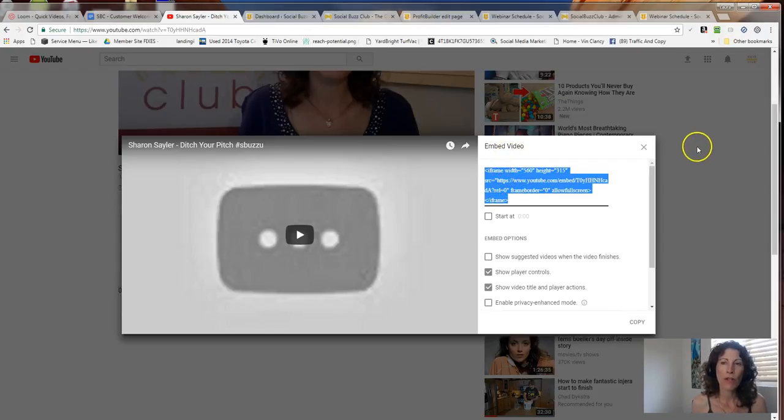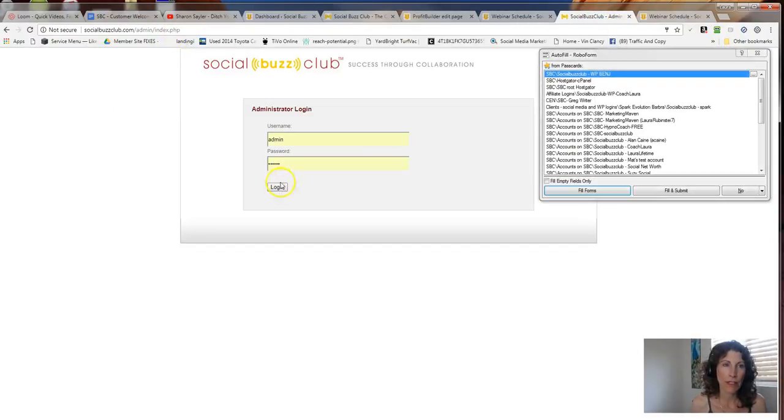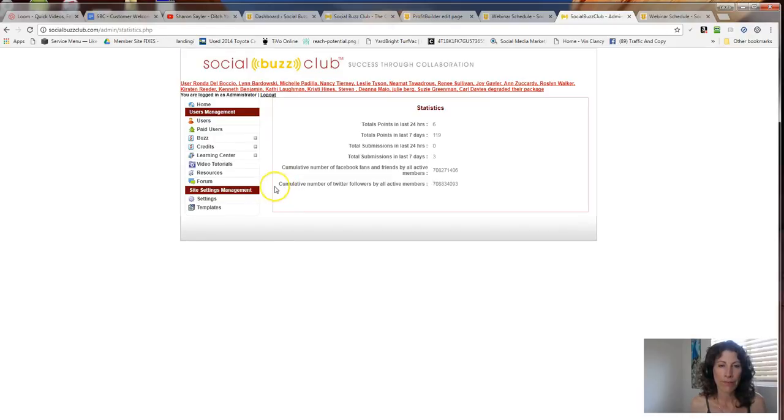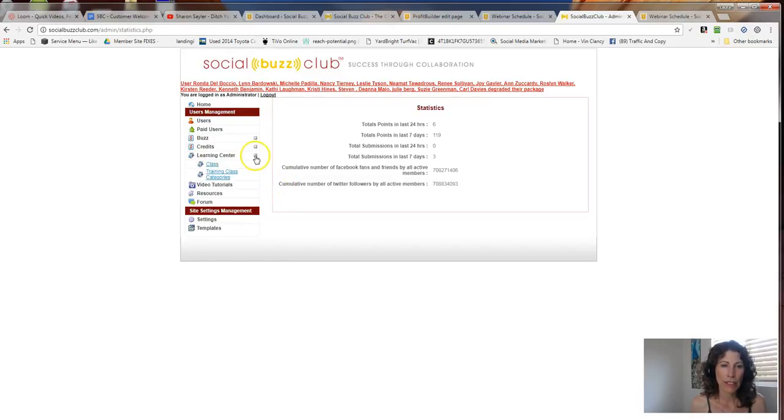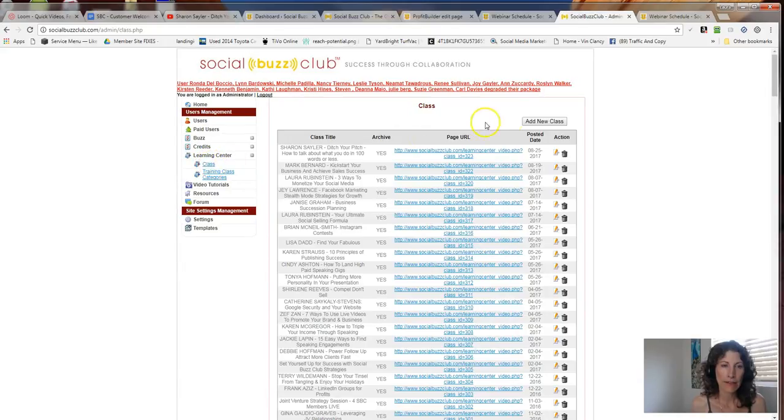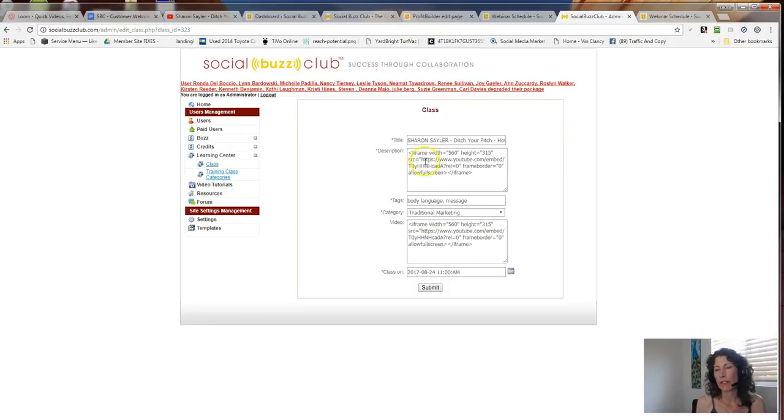Then you want to go into the back end of Social Buzz Club. Okay, so we're going to go to the admin area of Social Buzz Club, log in there. And we want to go to Learning Center, Class, Add New Class, which will bring up a form. It's already been submitted. The form is going to look like this, but empty. Okay, so you have her name and her Ditch Your Pitch topic, and I put in her subtitle so that you can know what it's about, how to talk about what you do in 100 words or less. Then I pasted in the YouTube iframe,